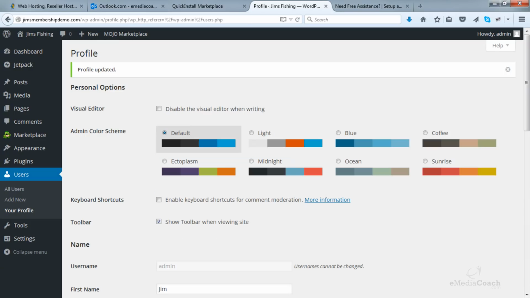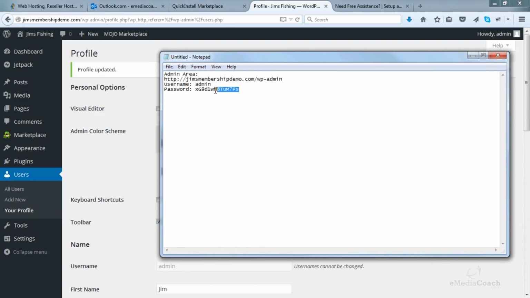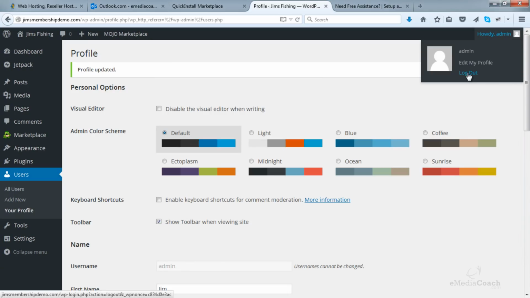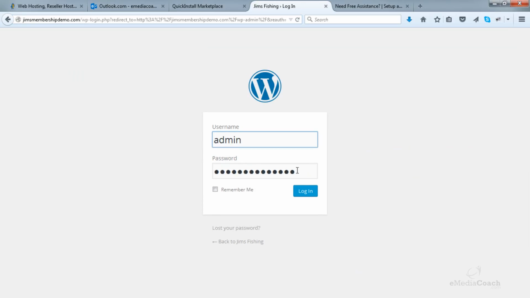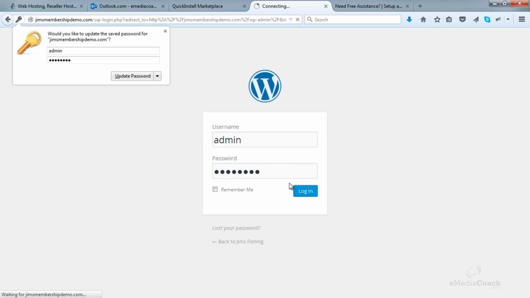All done. So what that's done is replace the default password on your WordPress admin login page. So now if I go back, if I log out by just hovering this area here, logging out, and if I go to our website /wp-admin and enter the new password, then log in.